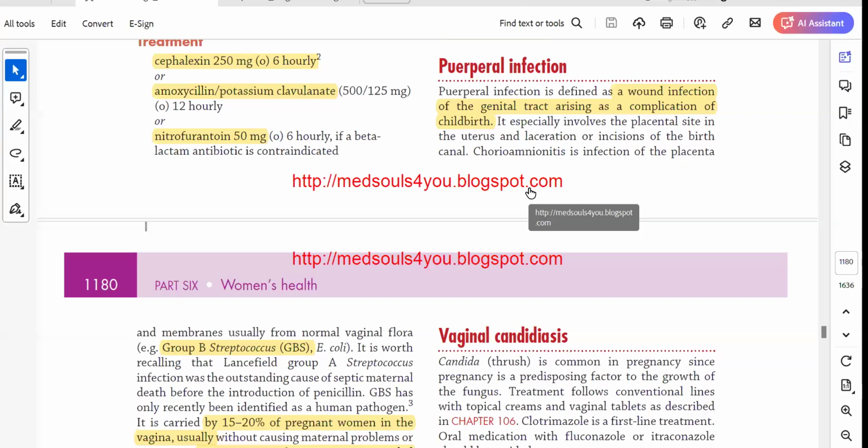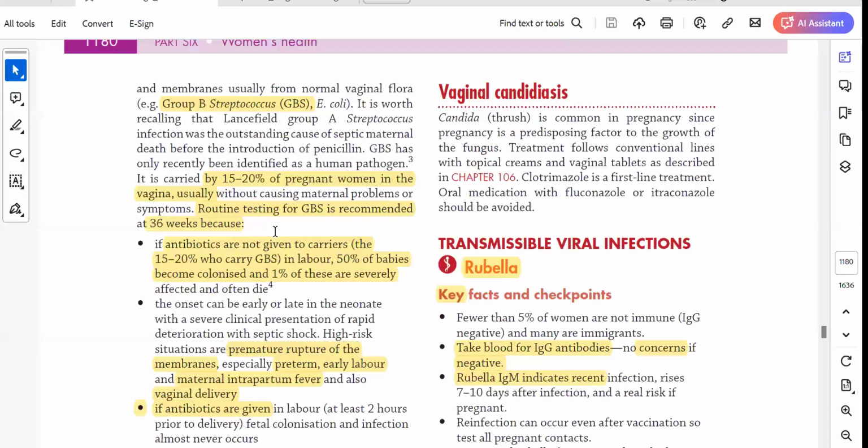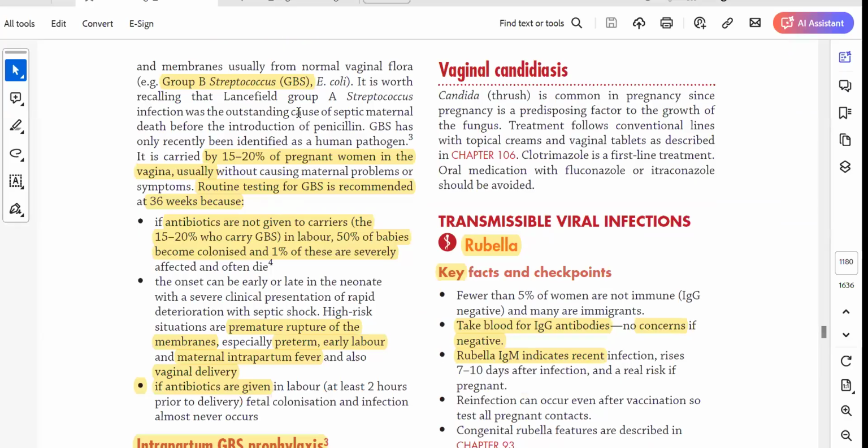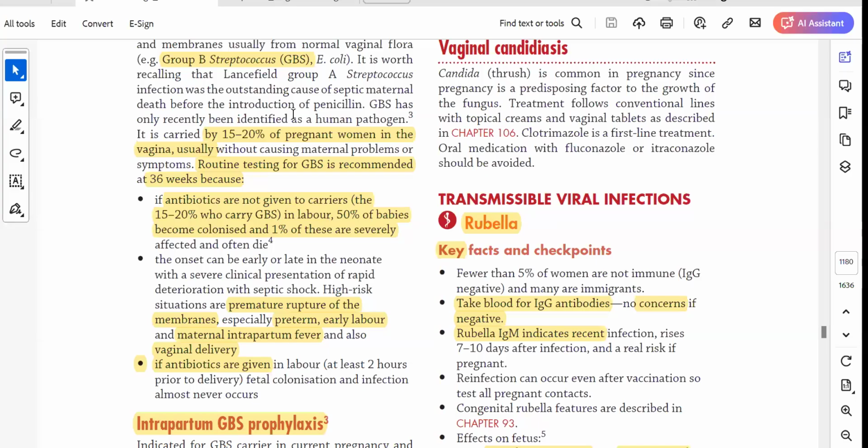Next. So you have got cystitis, pyelonephritis, and asymptomatic bacteriuria. Next is puerperal infection. Following childbirth, if a patient has an infection of the genital tract, that's what we call puerperal infection. The commonest cause of puerperal infection is GBS, which is group B streptococcus. Now, this GBS is carried by 15 to 20% of pregnant women. Okay, so 15 to 20% of pregnant women will have GBS when they are pregnant, and they would not have